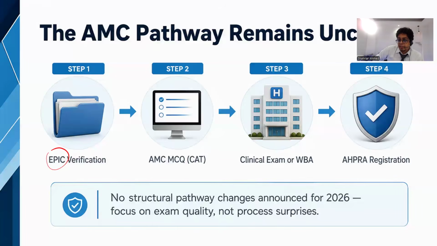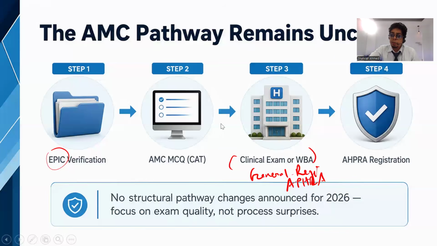So the clinical exam and WBA both have the plus point of getting general registration, and eventually AHPRA. That's the most important thing. General registration and AHPRA, followed by which you can apply for the peer and some other things. You can understand, dear doctors, in one class we cannot go into individual things like this and that. In future days, if necessary, I will take a session on that. So after registration, that's your destination.